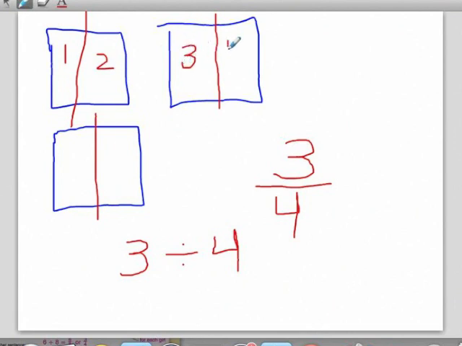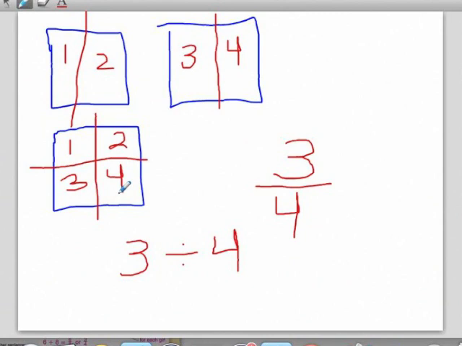Girl number 4 gets this half. We still have 2 halves left, but if we can't cut those in half, then everybody can have one more small piece. So we can do 1, 2, 3, 4. Okay? So each girl would get a half plus a 1/4, which we know is 3/4 of a